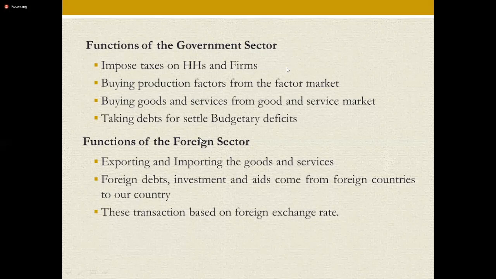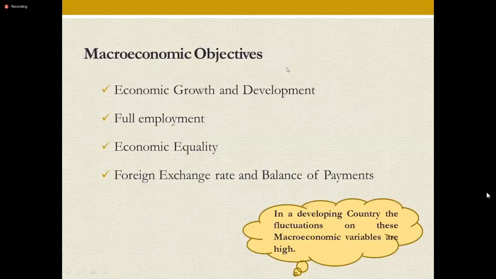These transactions are based on the foreign exchange rate. Normally US dollars. Right? So after taking, right? After taking